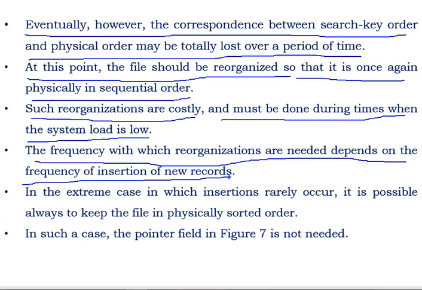That means we now have 10 free memory blocks somewhere randomly in the database, and we have only one new record. Now all the rest of the free blocks will remain as they are, and the physical sequence is totally lost due to deletion of records. So this can happen in sequential file organization. So that is all about sequential file organization, how we can store our records sequentially in a file.